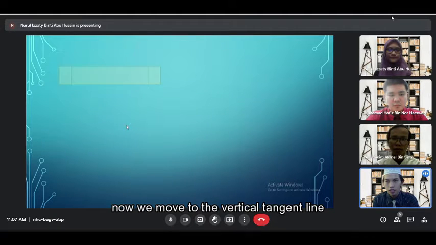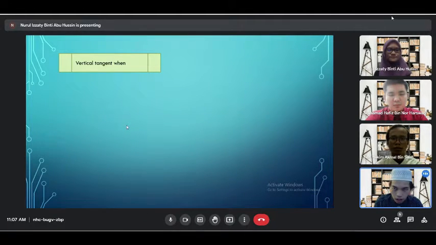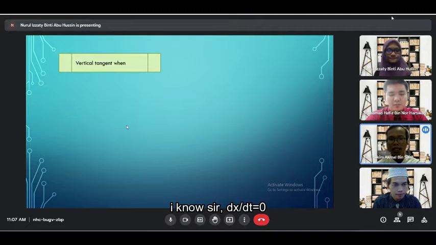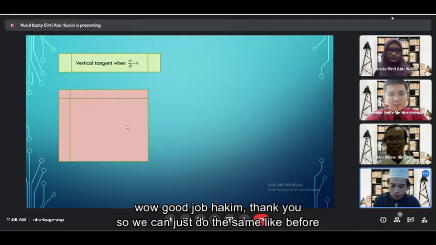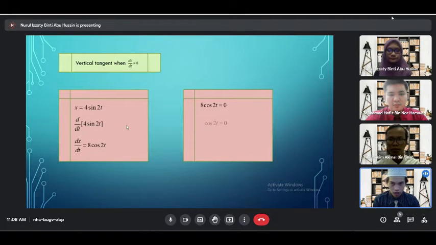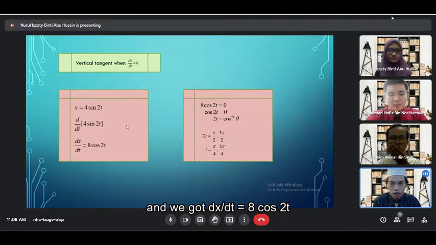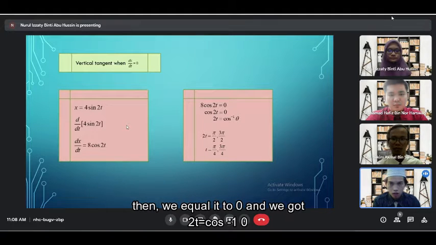Now, we move to the vertical tangent line. Alright, Hakim, do you know what the special formula for the vertical tangent line is? I know, sir. dx over dt equals 0. Wow, good job, Hakim. Thank you. So, we can just do the same as before for the vertical tangent line. Here we are using the chain rule formula to find the differentiation of the x equation, and we got dx over dt equals 8 cos 2t. And then we equate it to 0,